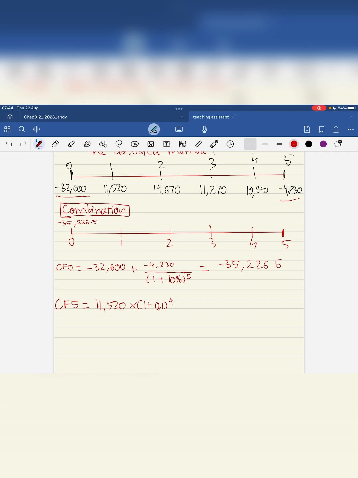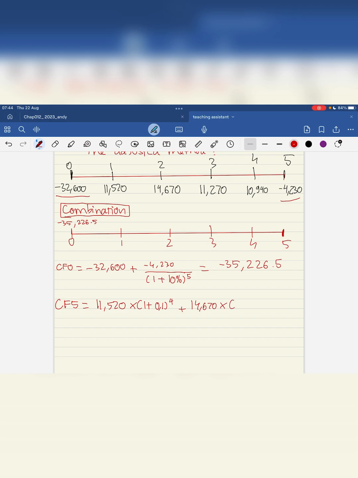Year 1 is 4 years before the end of the period. Therefore, the future value of 11,520 after 4 years is 11,520 times 1 plus R, the required return of 10%, to the power of 4. And similarly, we will have